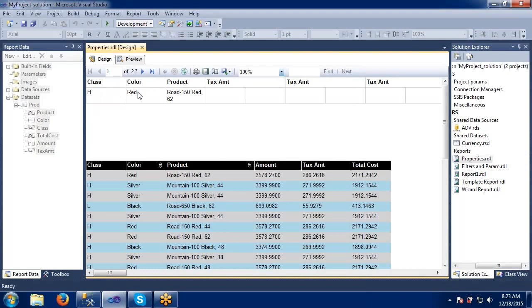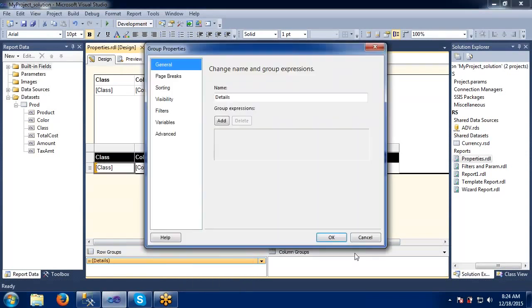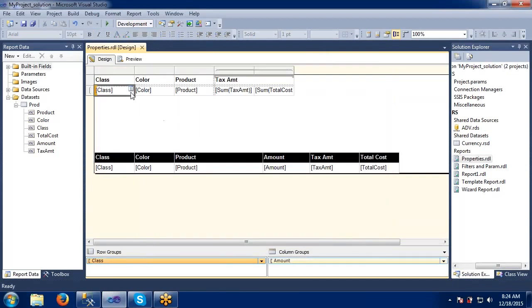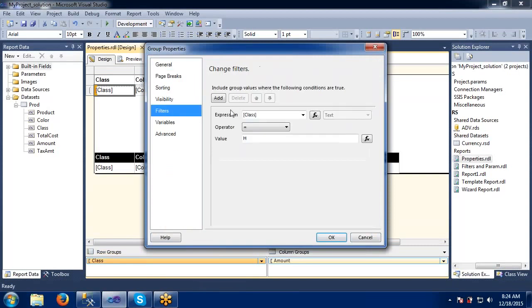See, only H class was filtered here. This is how we can apply the filters concept here. Group properties, filters. You can specify any number of filters wherever you require.